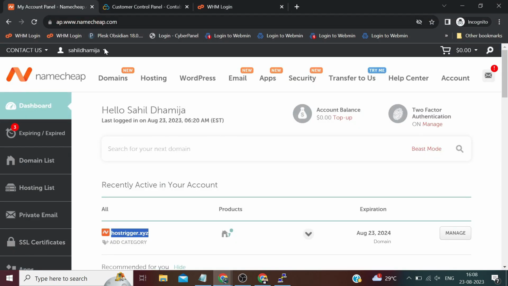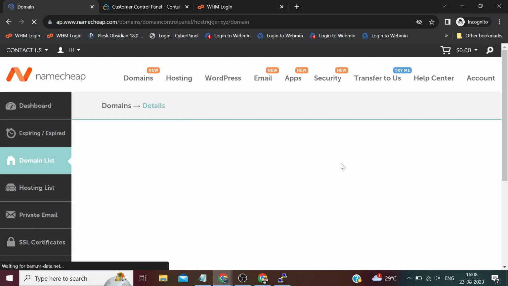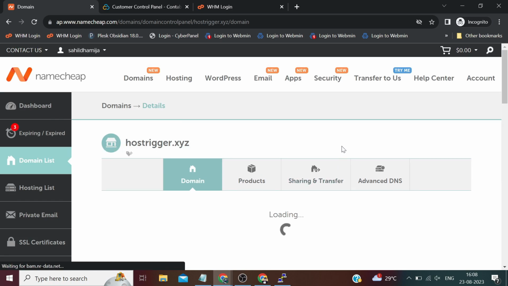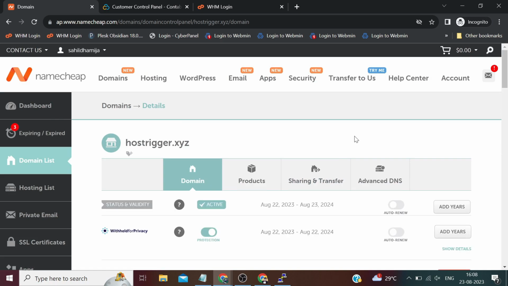Copy this IP and go to the domain section. Click on this manage button. To establish a connection between the domain and the server, let's update some DNS records. This way our DNS records will propagate while we set up WHM. I have already copied the server IP. Next to the domain,